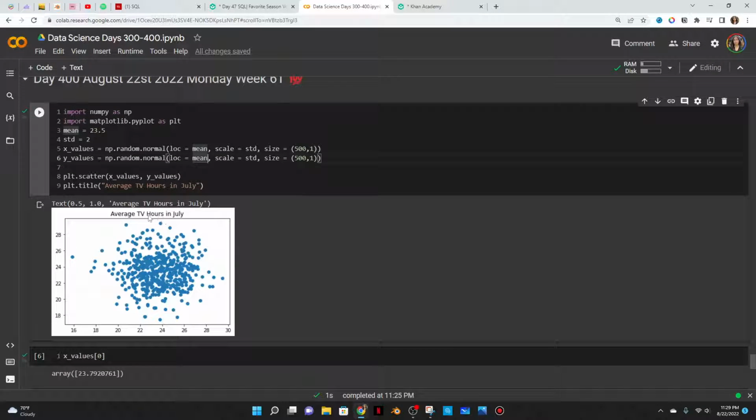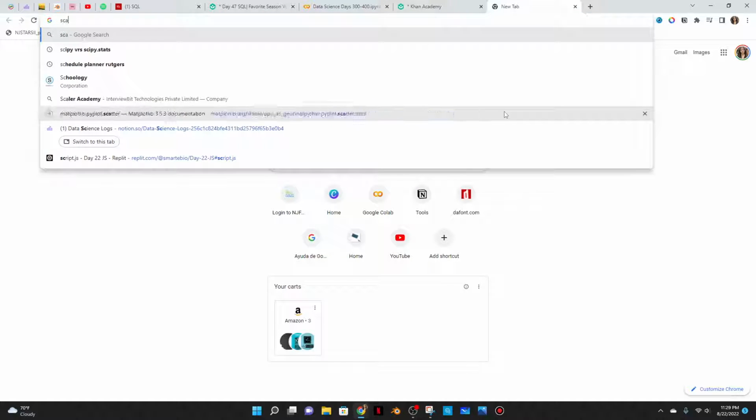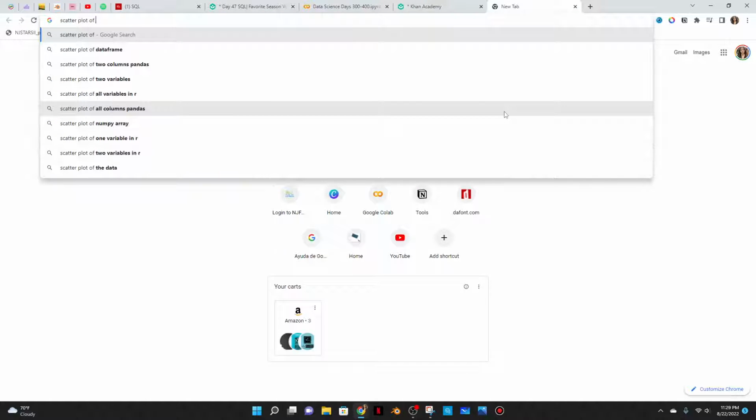Because right now I know for sure that the x-axes are the average TV hours. I'm trying to put this in context so I maybe understand this. So then what is the y? What am I measuring there? Or am I not measuring anything, it's just there to show a scatter plot? Is that even possible? A scatter plot of normally